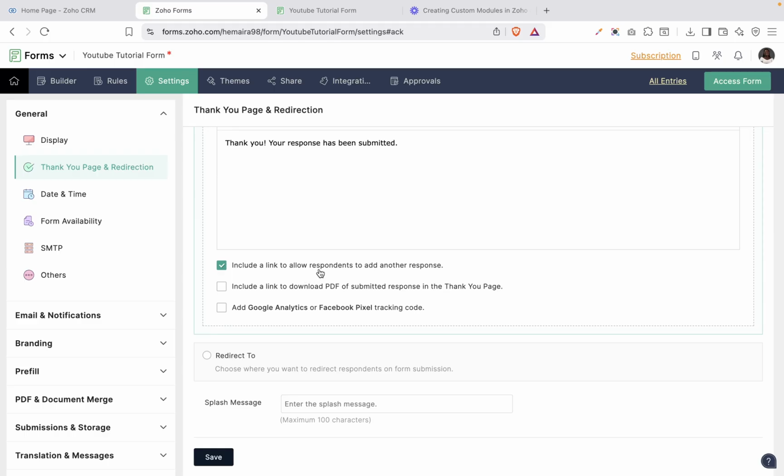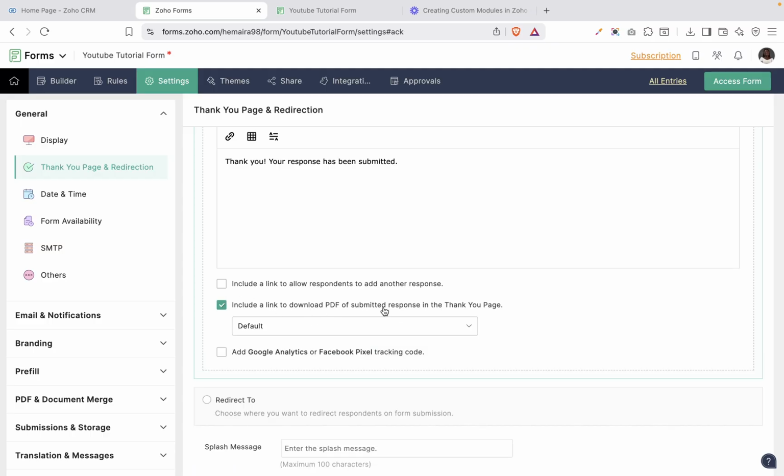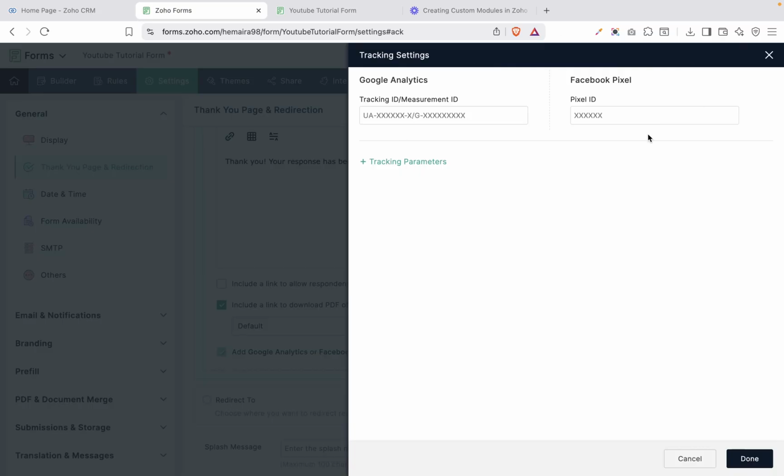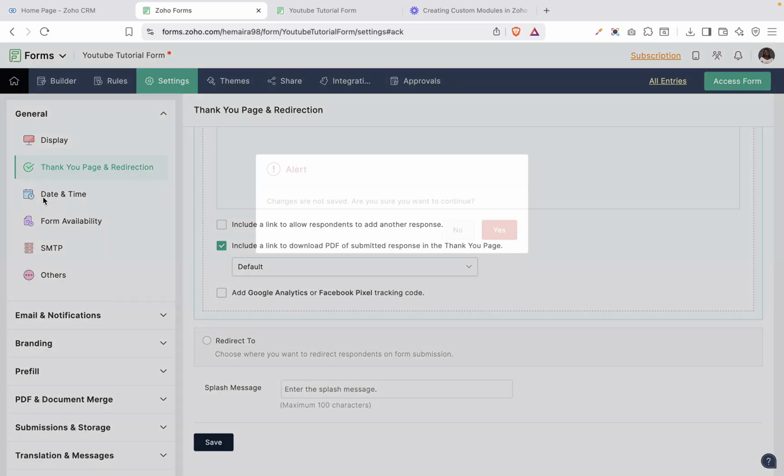So if they finish filling in the form and they click on submit, you can include a link in your thank you page where they can add another response. This menu is advisable if you want to collect multiple responses from the same person. But if you do not want multiple responses from the same person, you only want one response, you can just remove this. You can also decide that you want to include the link to the download page after the thank you page. Just pick the default one, and you can also decide to use Google Analytics, but you have to set this up. So when you are done with all of this, you click on save,